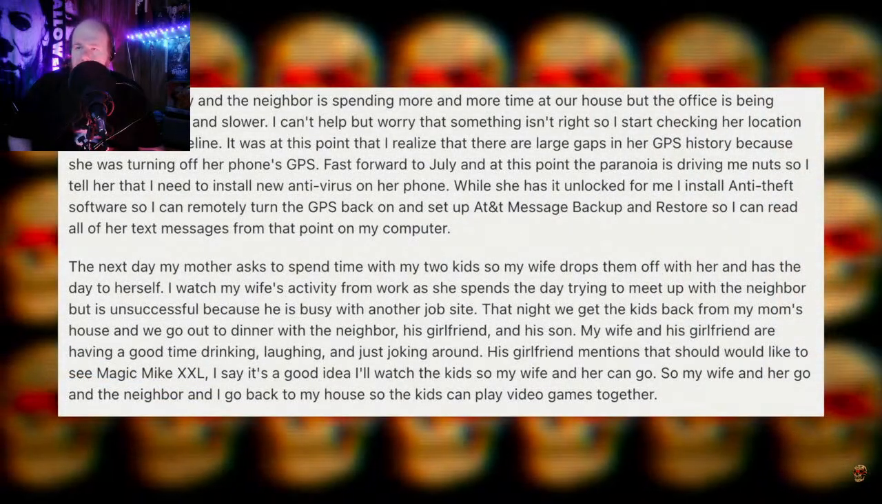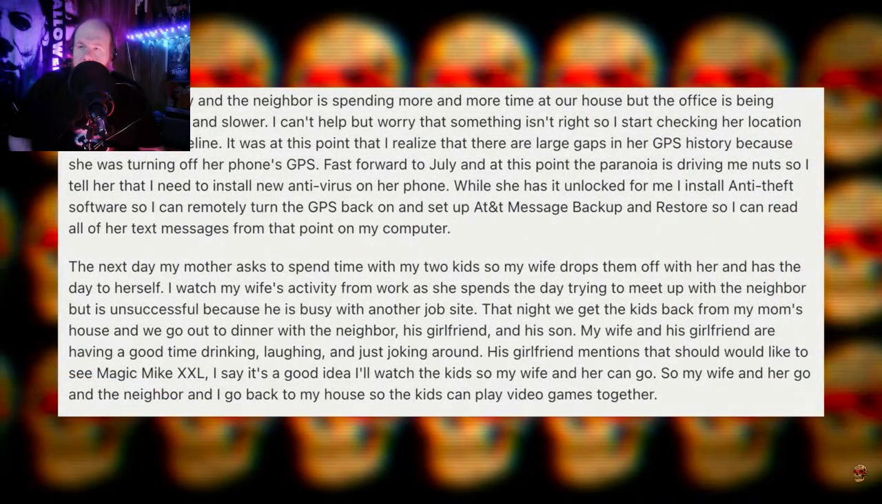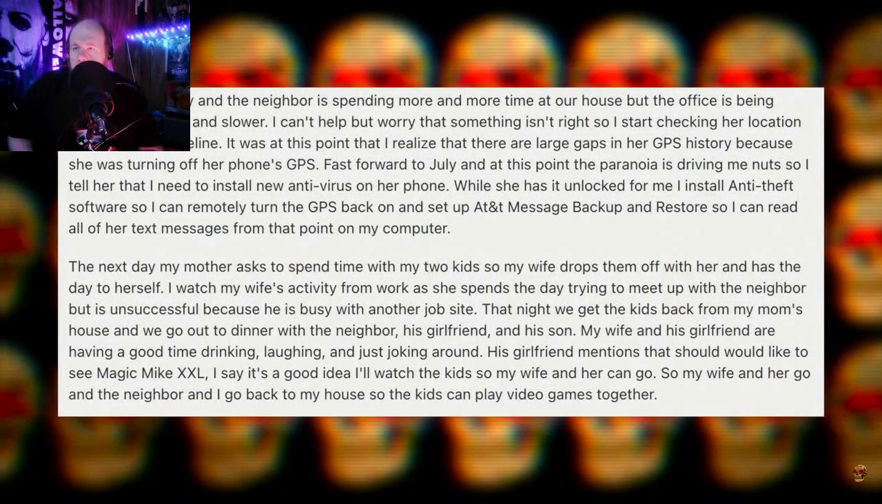Oh, that's messed up. There were no other messages to the neighbor, but I found out later that it was because she had set up her phone to delete messages after a certain amount of time. I felt uncomfortable with it, but I knew that she had a perverted sense of humor, and I thought that she would never do anything to hurt me. Ugh. More time goes by, and the neighbor is spending more and more time at our house, but the office